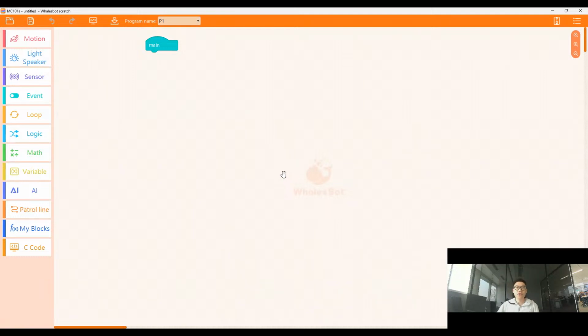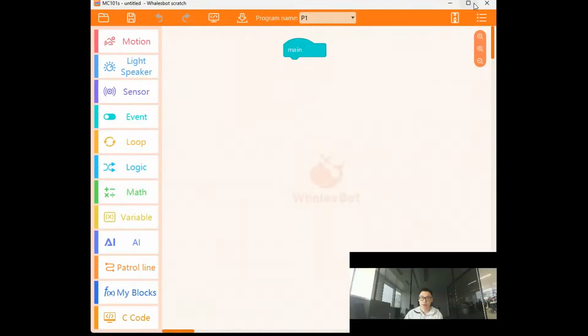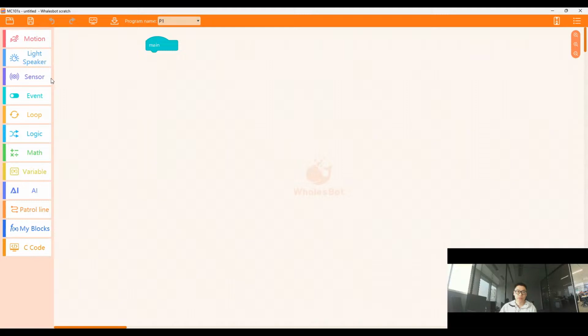After installing the software, we can see here is the main page for the Scratch. And the top bar is for some functions, like save program or change the controller type, or change the language. So click here, you can see we can select